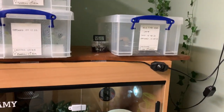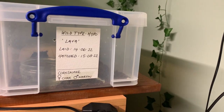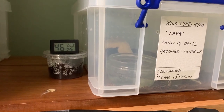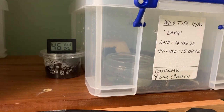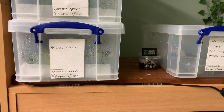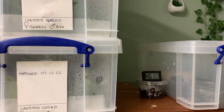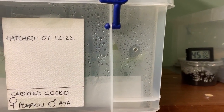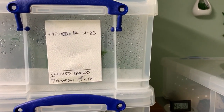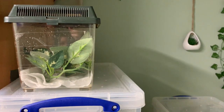There we go. So above Amy here we have another one of our corn snake hatchlings, the wild type hypo that I call Lava. Moving here we have some crested gecko eggs that were laid a couple of weeks ago. Just busy incubating. Going to candle those later. And then here we've got various ages of crested gecko hatchlings. So we've got the oldest ones that were hatched early in December last year. We have then hatched in mid-January. And then the newest addition hatched just a couple of weeks ago, and we only have one in there